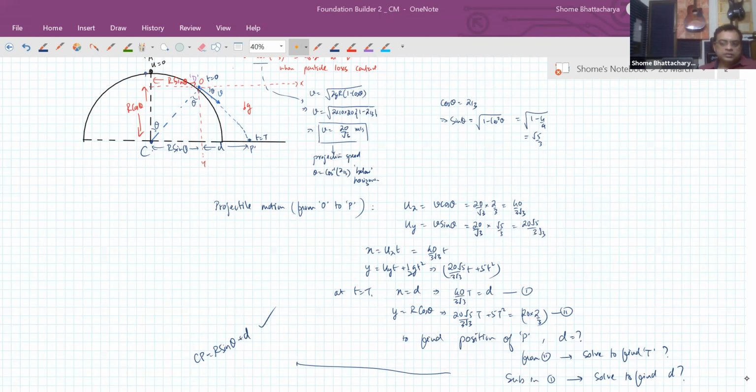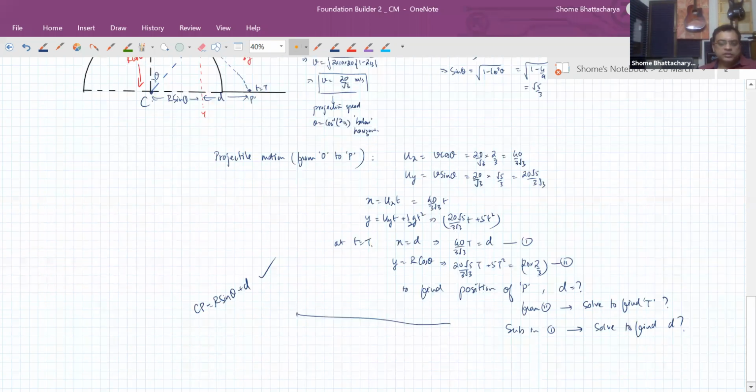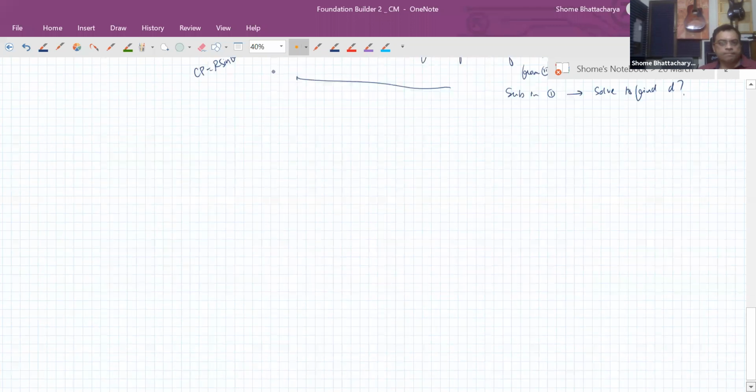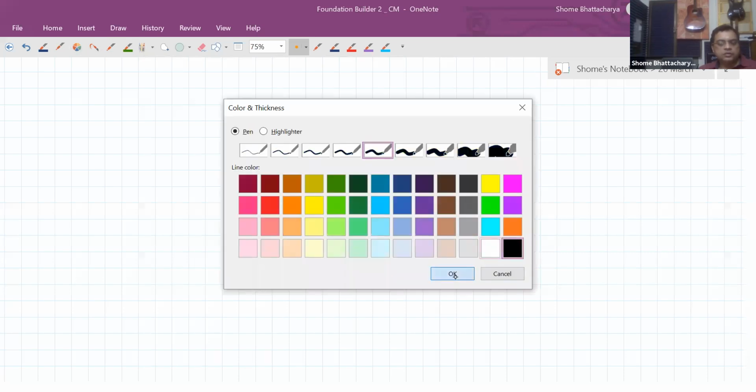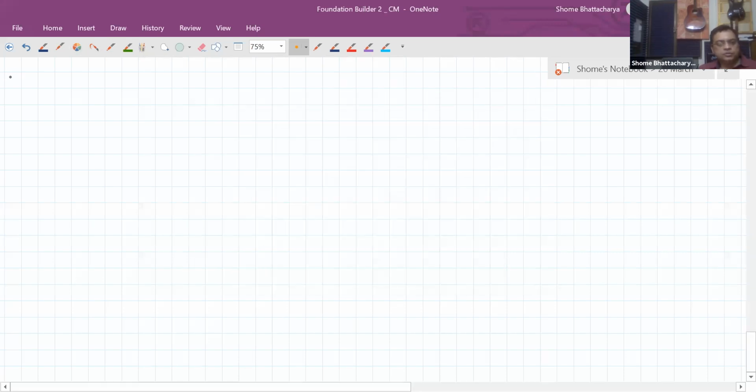Okay, so hope this is clear. Now let's look at another variation problem. This is another important type of vertical circular motion example. Now in this, suppose we have